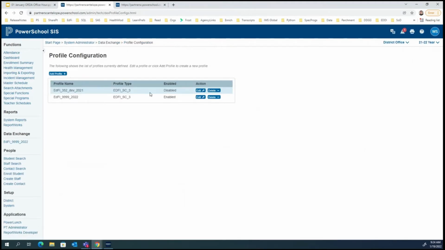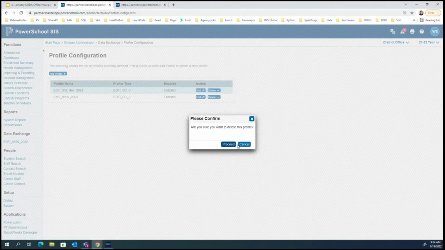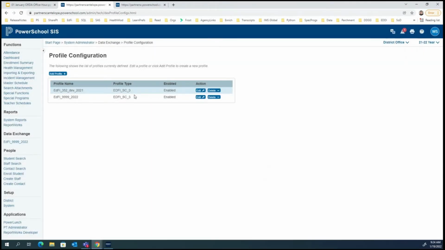All right, so I'm going to re-enable this one. I'm going to delete that second one there, just to avoid confusion. Am I sure? Yes, I'm going to delete it. And that should update in a second. I'll try that one more time. Oh, you know what?